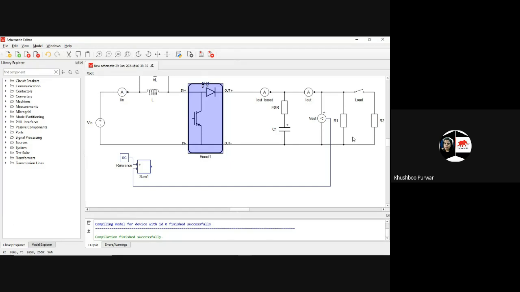Okay, so this one, V output, is the measured value and this one is the reference value. Now the output of the summation here, at this point, we will get the difference of these two values, and that will be the error.